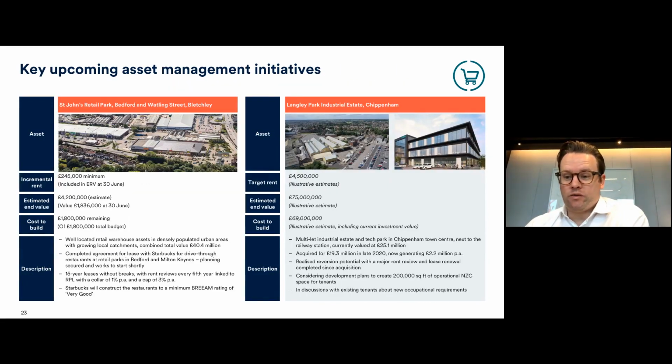Now, that was a backwards-looking project, one that's essentially complete. We've got a couple of live projects that we'd like to speak to. Well, one live project and one that we're trying to make live. On the left-hand side, you can see in the photo an image of St John's Retail Park in Bedford, which is our largest retail exposure. It's a really vibrant retail warehouse. It's the predominant scheme in the area. And we have an anchor tenant there being Lidl. So what we're doing here is...